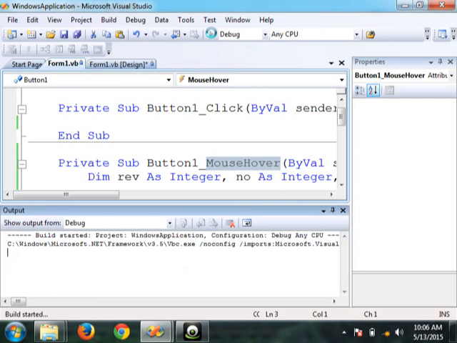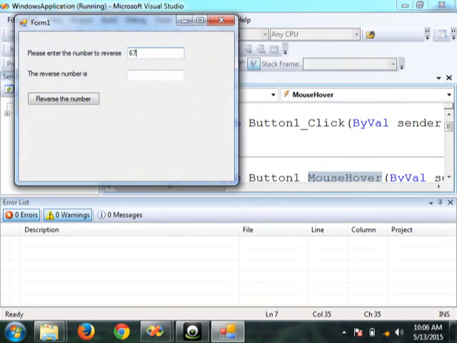Now notice. Let's enter some number. Now see, I'm not clicking, but I just bring the mouse here. I'm not bringing it on top of the button, nothing is happening, isn't it? But the moment I bring it on top of this, it reverses the number, isn't it? So what is happening? That means the event that I targeted was a hover of that button. So if I change this one, I move around anywhere, it doesn't matter, isn't it? But the moment I bring it on top of this one, it reverses the number.